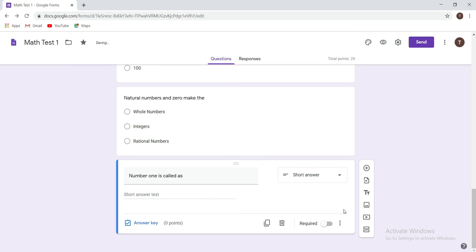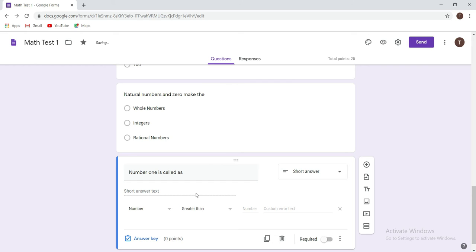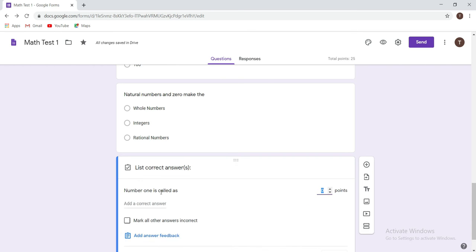Now that I have typed the question, I can also enable response validation for the question. As in, children can only enter text in this answer. Now I go to answer key and I will add the correct answers. You can also add multiple correct answers if the wording may vary for the question. For example, children might also enter